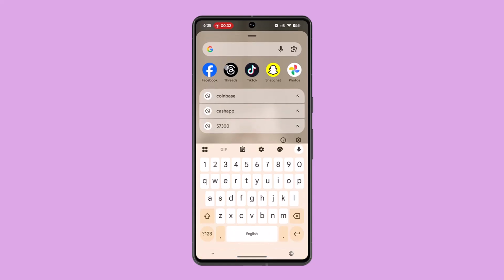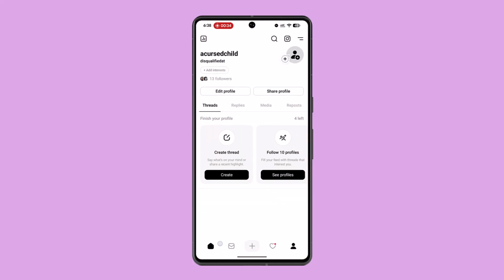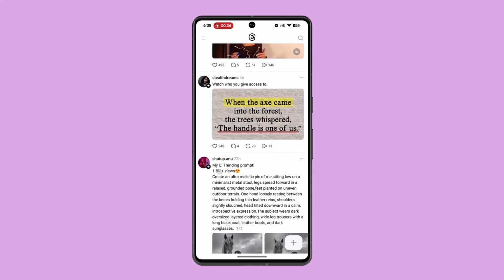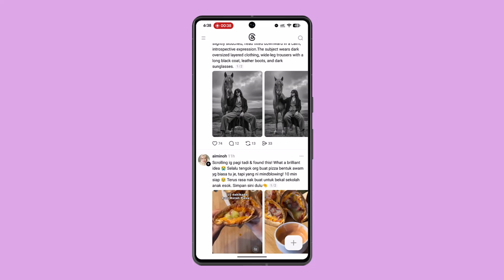So before you post, you just want to make sure that you're active on Threads 10 to 15 minutes ahead. And once you've done that, you could also reply to every comment. Threads views comments as currency. Responding to your audience keeps your post active in the For You feed as well.